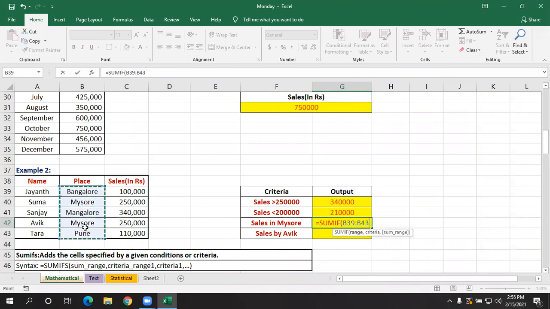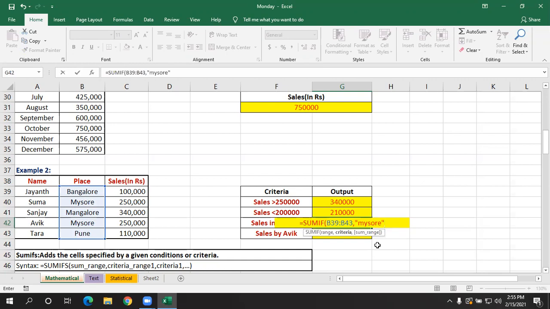See, I'm selecting the range based on the criteria. First, you should see what the criteria is. Based on that, you have to select the range. Comma, criteria is Mysore. Within double quotes, give here Mysore. You can type it in small letters or capital letters because Excel is not case sensitive. You can give it in any case.